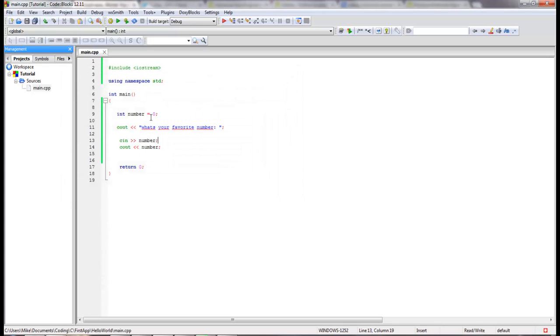So variables can change. There are ways of setting it to a final number, and we'll get to that later. But for now, just know that a variable represents a memory location and stores some type of value in that memory location. And this, just having it called number, is a lot easier than having it as binary 0 and 1, which is machine code, or hexadecimal assembler language. So that is a nice way of